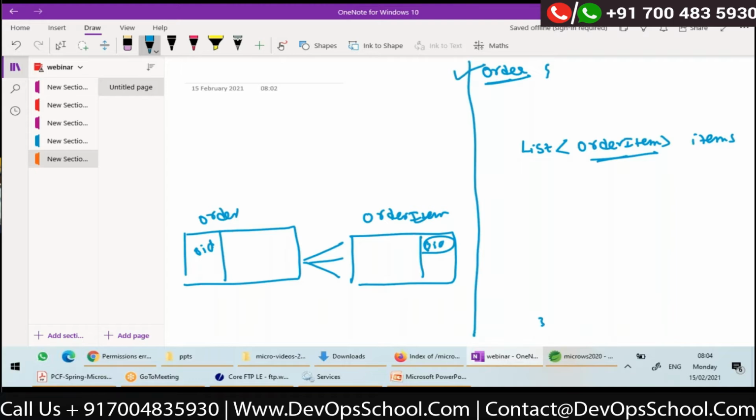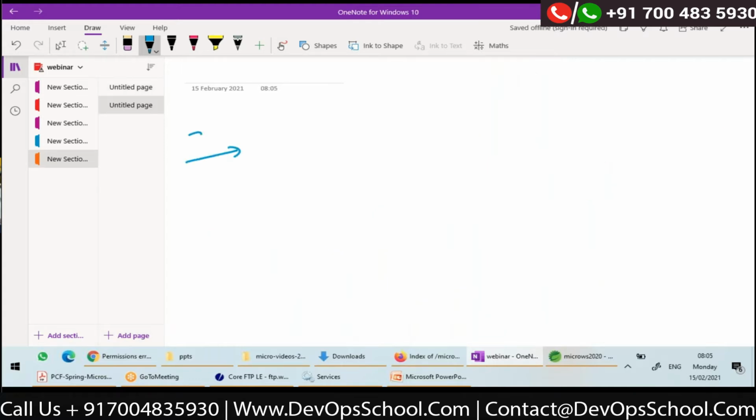So let's assume that I want to add a new order item to an order. I can have a method here, add item, in the order class itself, which will take an order item, and here I'll have the logic to add the order item. Now suppose you are writing an order management application, and your application will get a REST API call to create an order, and also a REST API call to add an order item to an existing order.